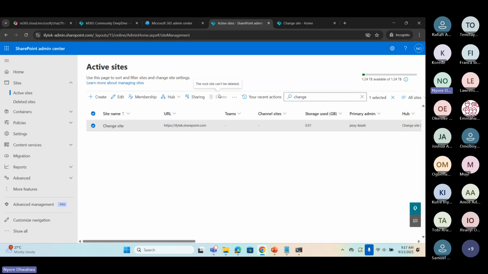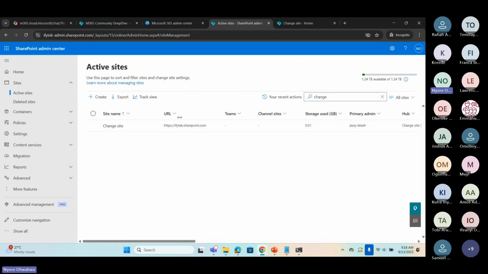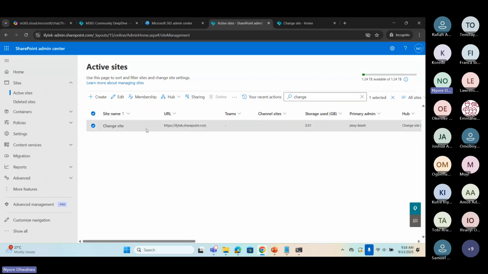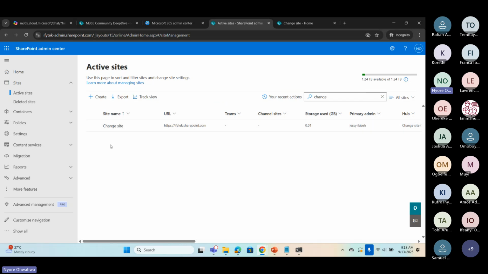Some people go as far as using PowerShell to delete the root site, because they're like, oh, I didn't create this site. I don't know where this site is coming from. Let me just delete it. So Microsoft had to change the option to prevent deleting the root site. So yes, you are unable to delete it and cause problems for yourselves that you don't know how that started.